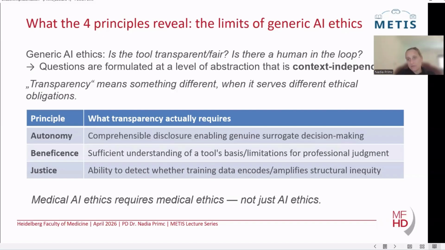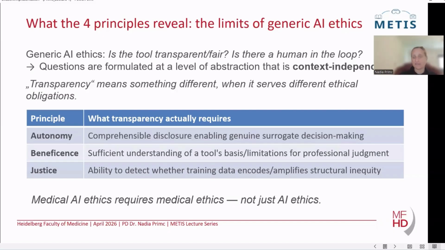And the major generic AI ethics frameworks, be it the EU ethics guidelines for trustworthy AI, the OECD AI principles, or even the WHO guidance on AI in healthcare, ask: is the tool transparent? Is the system fair? Is there a human in the loop, for example? And these are not wrong questions, but they are formulated at a level of generality that is independent of the